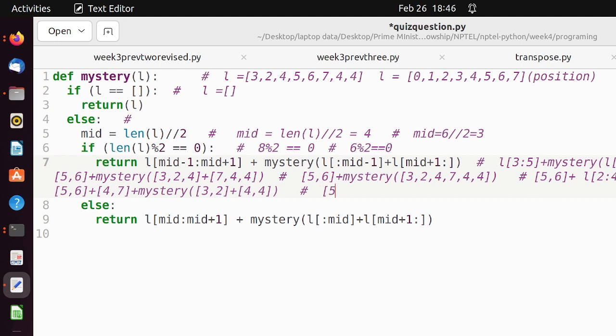The final one will be 5 6 2 4 4, 6 4 7. I'm just doing the concatenation here only, and then mystery 2 4 4. Yes. Now you can just tell yourself what will be the next iteration and all this, and can you give me the final result? What will be the final result? Final result is 2